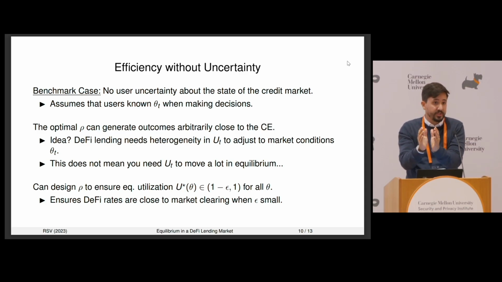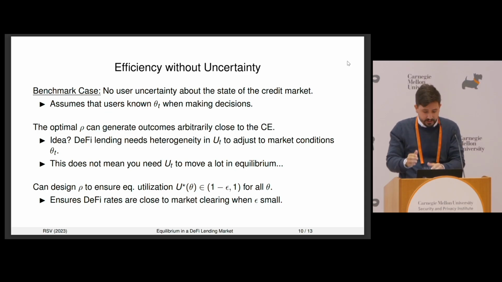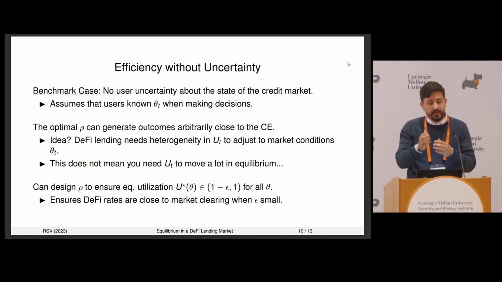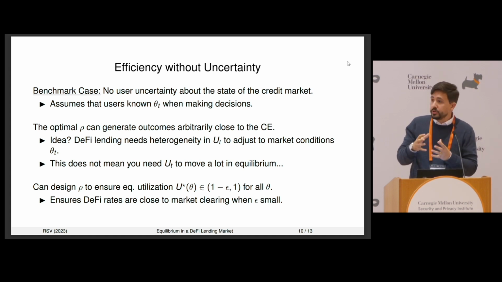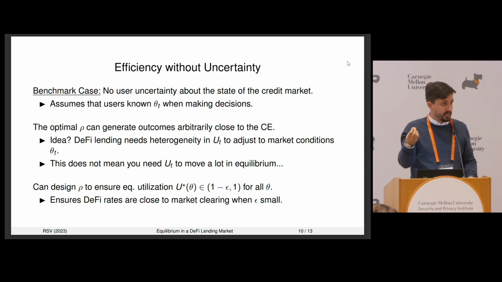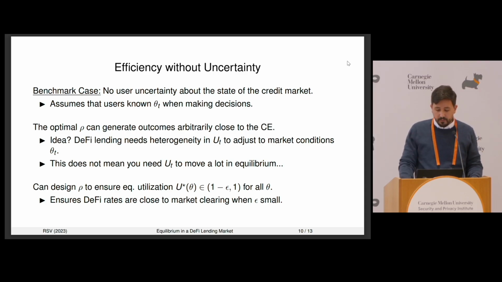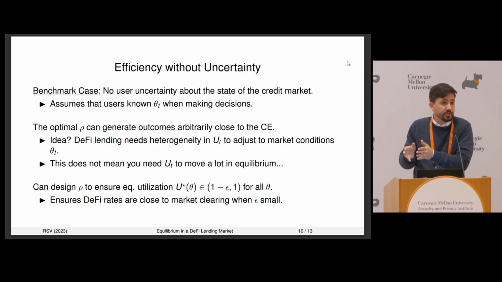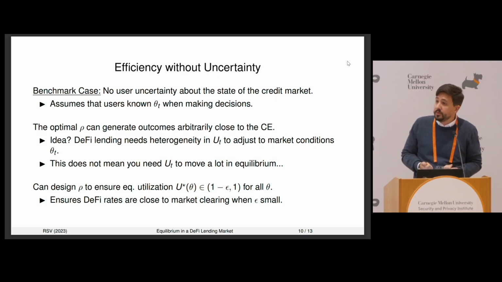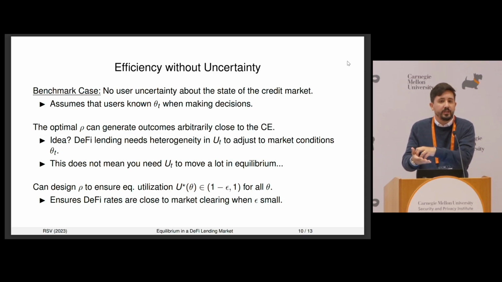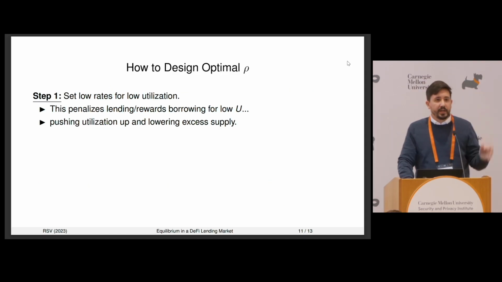never equal to 100%. Now the excess supply is going to be something like 1 minus epsilon, and you can choose epsilon smaller and smaller by adjusting the function to ensure that basically your excess supply is minimized. It's still going to be a positive number, but you can always get closer and closer to zero by targeting utilization closer and closer to 100%. And the consequence of this, because this is equilibrium utilization, is that as my equilibrium utilization in each period gets closer and closer to 100%, but never equal, my interest rates get closer and closer to market clearing and therefore efficiency.